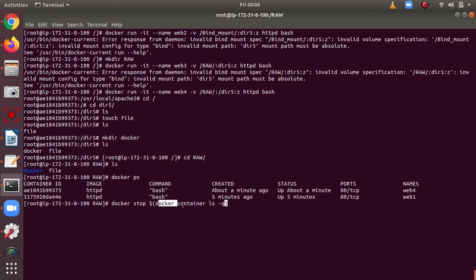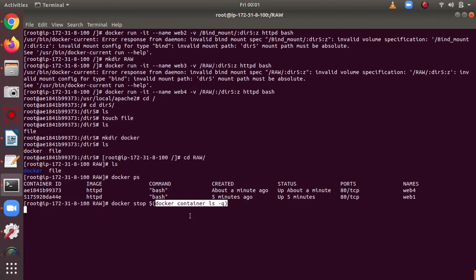See, docker container ls lists all the containers, but -q only lists the container IDs. So this variable will give all the container IDs. When I hit enter, it will stop all the containers that are running.